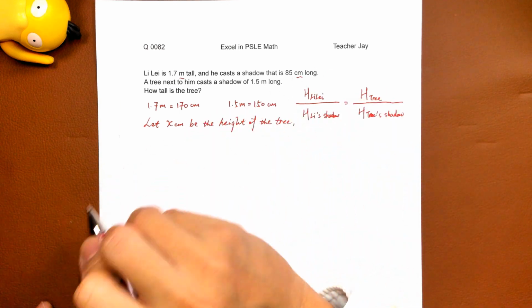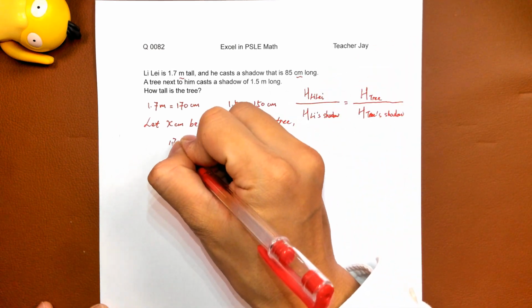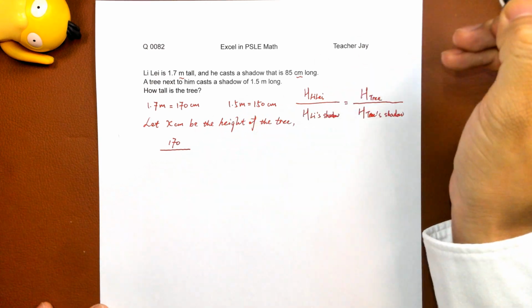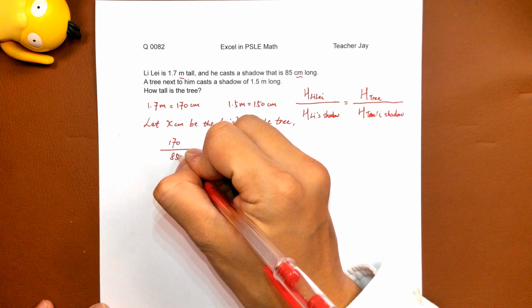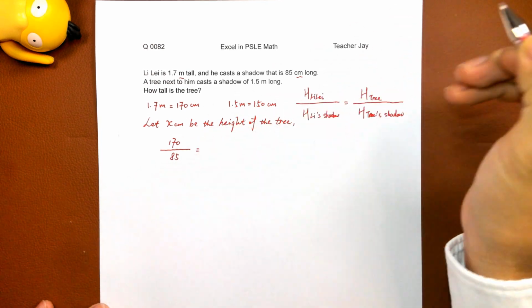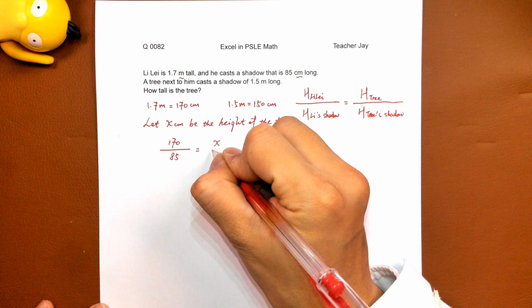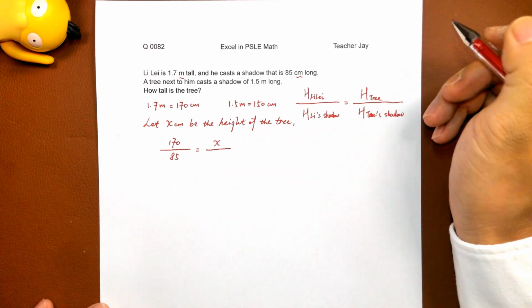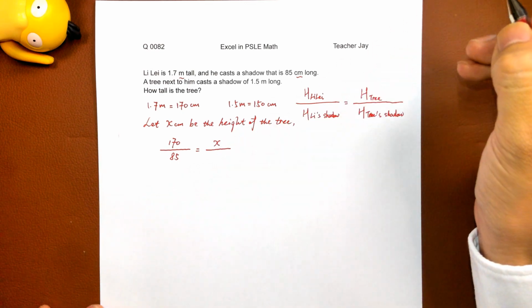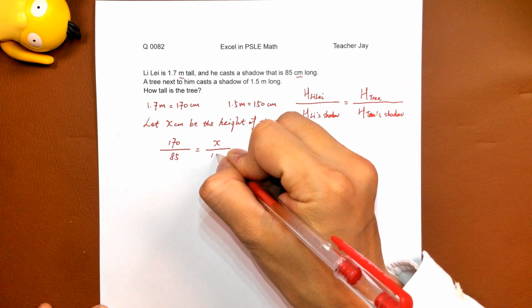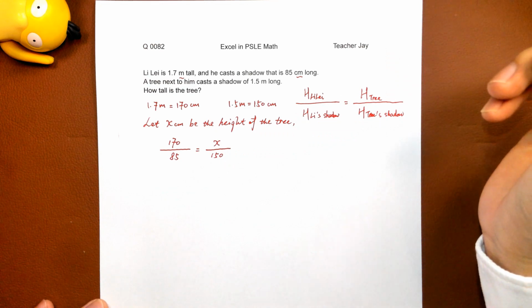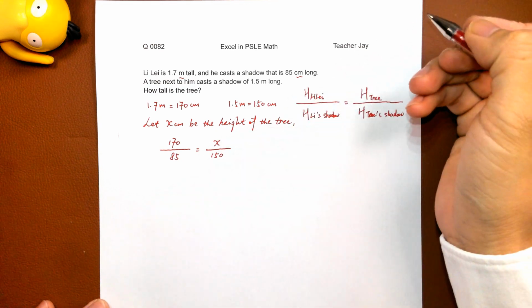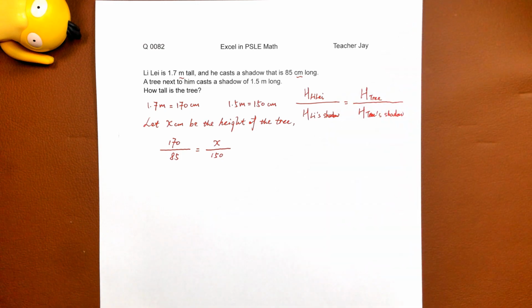then we have 李雷的身高 the height of 李雷170 to the shadow equals the height of the tree, which is x. We set it as x centimeters divided by 150。现在我们就可以解这个方程了。解这方程用什么样的方法？